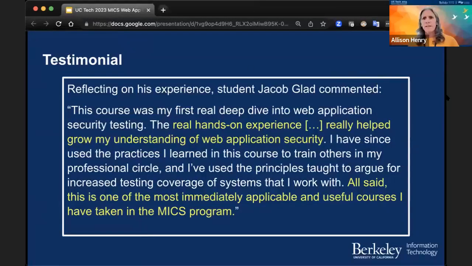I'll just add on to that too. We're seeing more and more that professional certifications, it's not that they're not helpful and they're definitely good things to pursue, but what employers need to know is, can you do the work? If you want to get a job, and this program is for people looking to make a career shift and gain the skills they need to make that shift, to have a letter saying that I know how to do web application testing from a CISO just has so much value. And we're really happy to be able to support the students while getting so much benefit for our program too, and to augment our team.